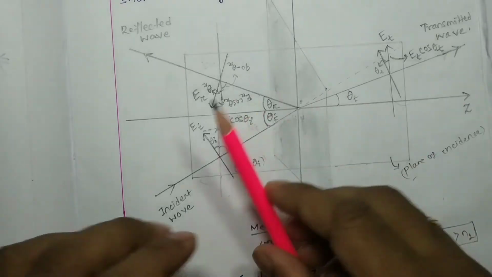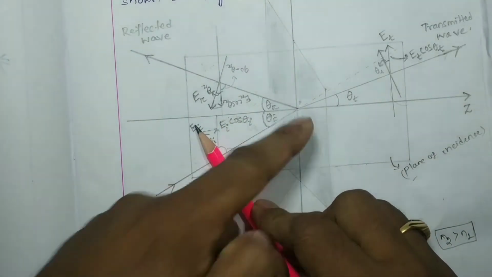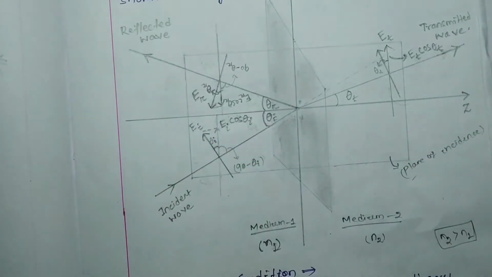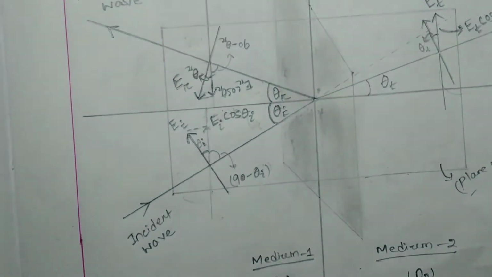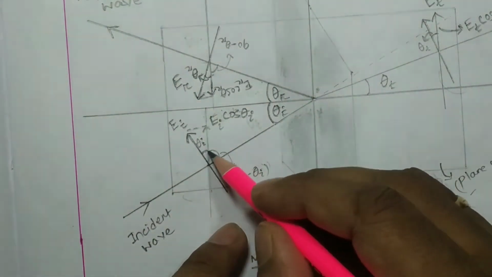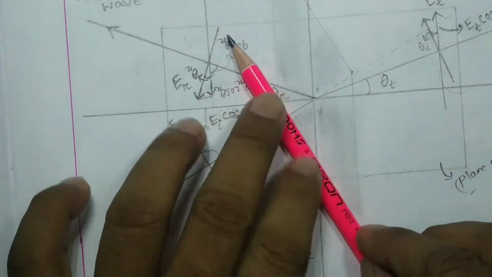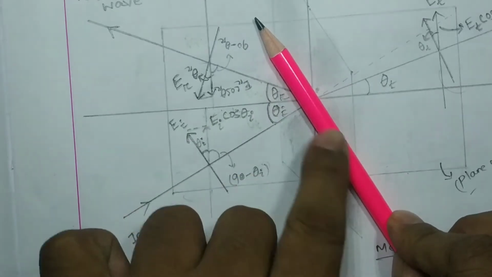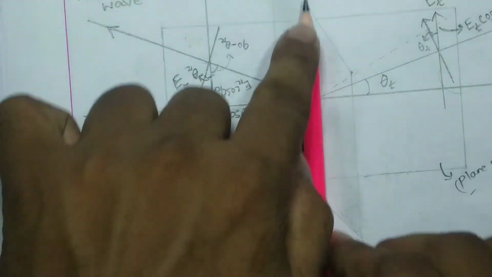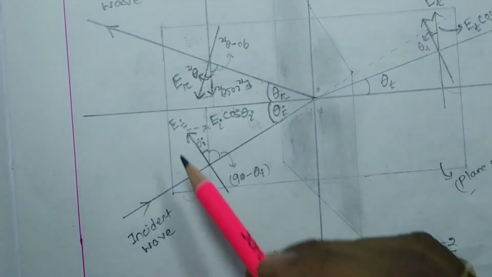And this electric field component, as I told you, will be perpendicular to the line of incidence. That means this whole angle is 90 degrees. I am going to zoom in so it will be better for you. So it will be 90 degrees. You can see this wave moves like this. But its tangential component, which will be parallel or tangential to this interface, will be nothing but EI cos theta. How is it?